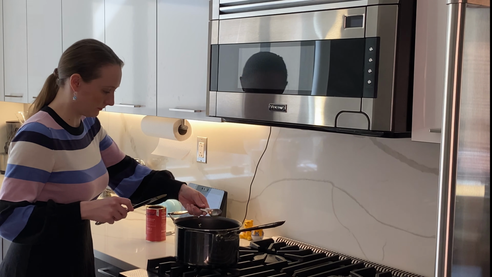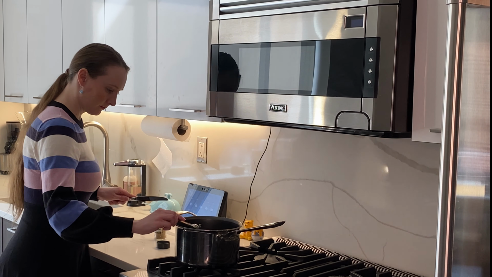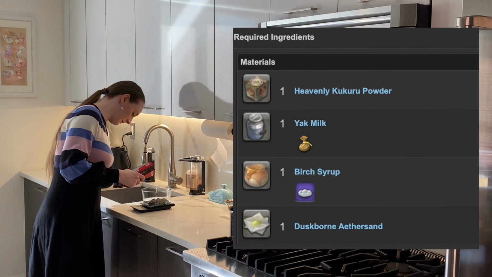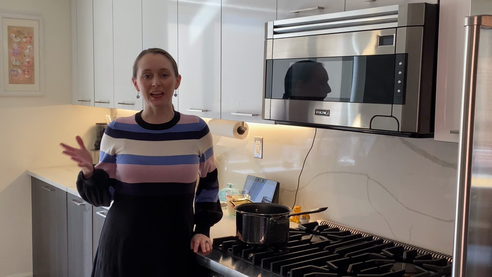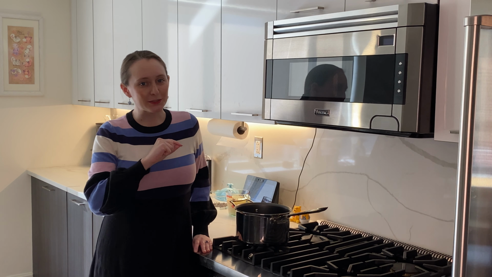So what are the ingredients that make this dish so expensive? This recipe is acquired from the item Master Culinarian 3 and is made from 1 heavenly kukuru powder, 1 yak milk, 1 birch syrup, and 1 duskborn aether sand. Thankfully, we are not using yak milk for our recipe. We are, however, using